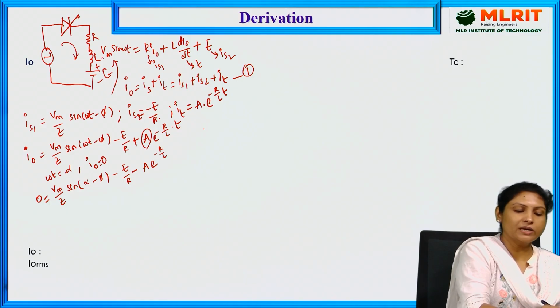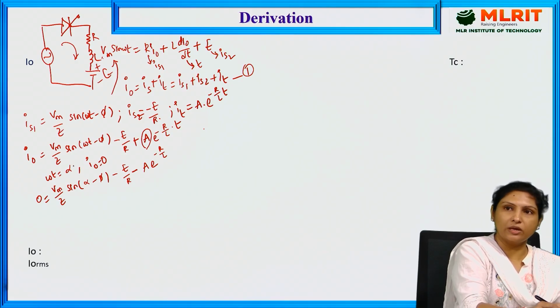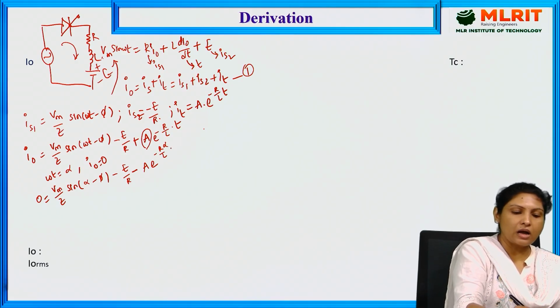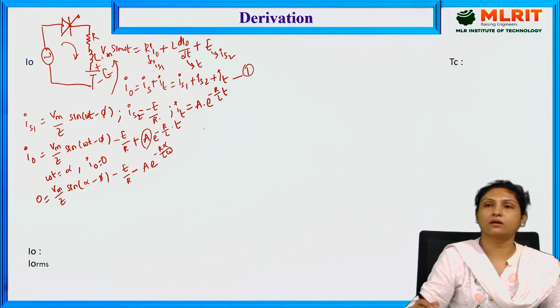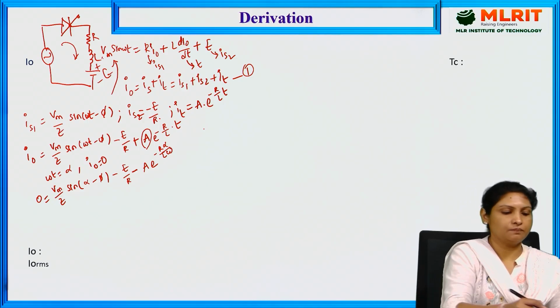Here, omega t is equal to alpha, so t becomes alpha by omega, so R alpha by omega L I can write. And from this, I am obtaining the value of A,